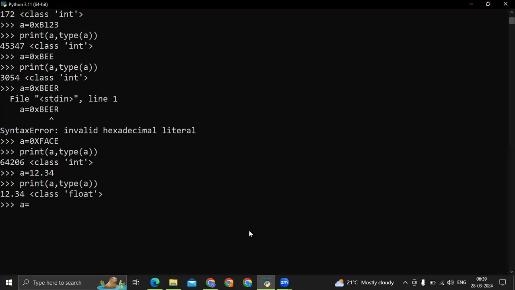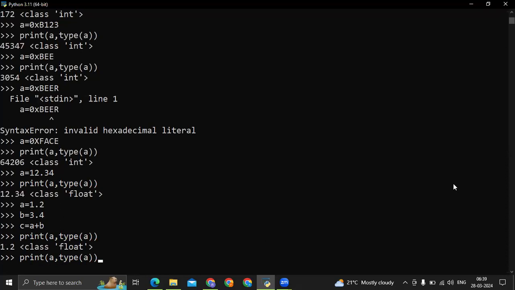Now, A is equal to 1.2, B is equal to 3.4. Now, C is equal to A plus B. Now, print A, type of A, print B,